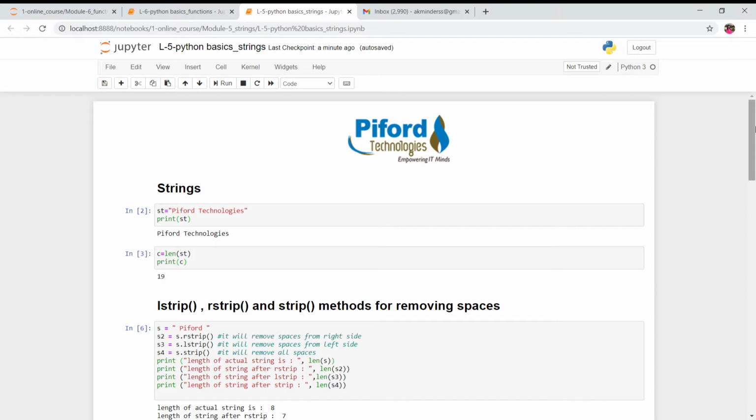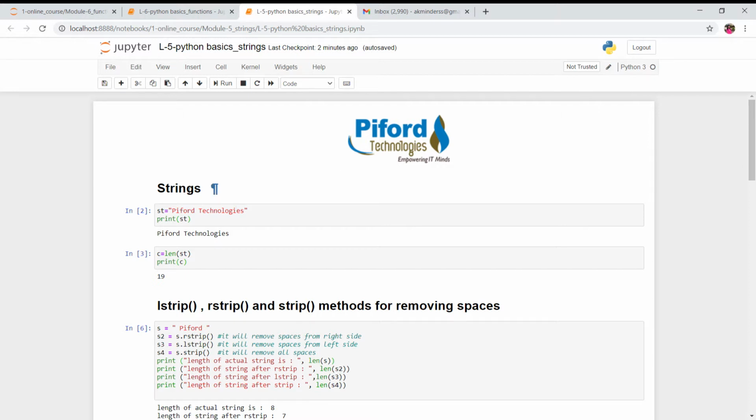Today I'll talk about strings. I'll show you what strings are and what the different methods of strings are. Strings are very important because in future topics, while doing data pre-processing, data cleaning, and when you will be learning machine learning and deep learning, whenever you want to handle data, the functions of strings help us a lot for data cleaning and data pre-processing. So just learn these concepts properly.